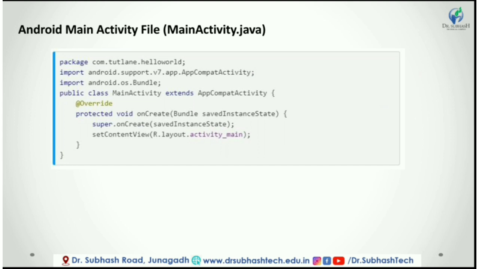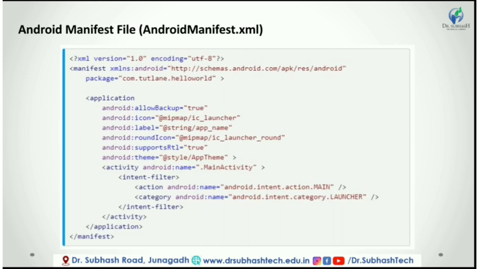The next file is the Android manifest file, meaning AndroidManifest.xml. Generally our application will contain multiple activities, and we need to define all those activities in the AndroidManifest.xml file. In our manifest file we need to mention the main activity for our app using the MAIN action and LAUNCHER category attributes in the intent filter.